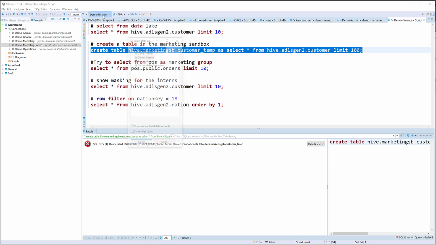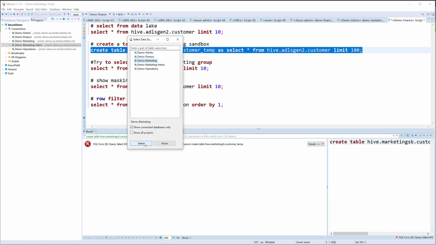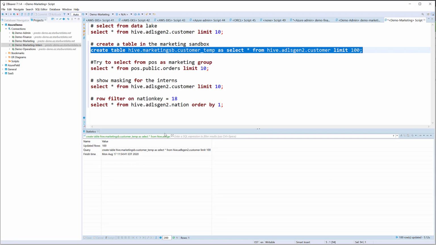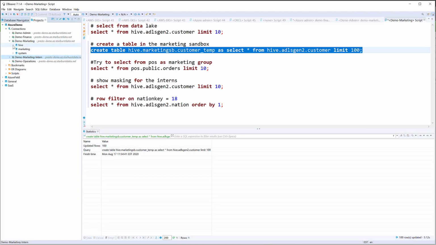Now I'm going to come over, switch back to marketing, and run the exact same query. And then it's going to be able to create this table in the marketing sandbox because I am the marketing folks. So if I come back to marketing now, if I go to my Hive and marketing sandbox, go to my tables, I have this customer temp here that I just created. So I could drop that table, I can insert data into it, I could create more tables and that type